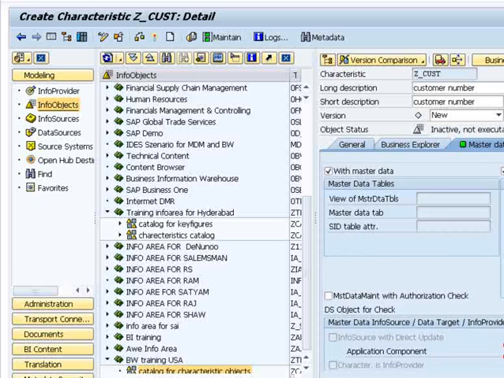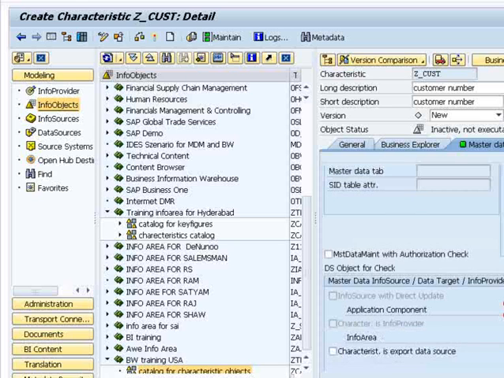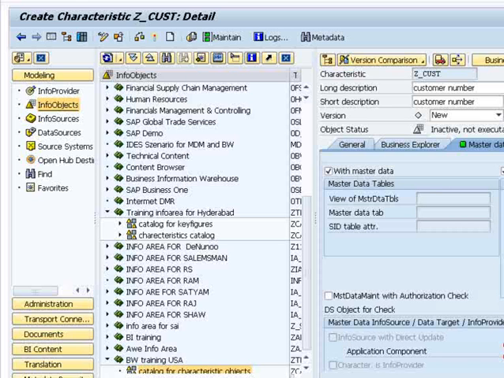This tab is for master data or text. You have to decide whether you want to load the master data for the characteristic or not. Once you have decided that you are going to load master data, you have to check the fields which you want to do. For example, you normally check with master data for the attributes. It means you can load attributes with this option, and here there is a with texts option available. It means if you check this, you are ready to load the text for the master data. So for the text, there are further fields to be described.